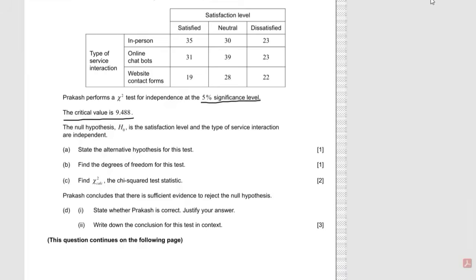Okay. So the null hypothesis H naught is already given. The satisfaction level and the type of service interaction are independent. So H naught is always independent in a chi-square test for independence. Part A, state the alternate hypothesis for this test. So for H1, you will write